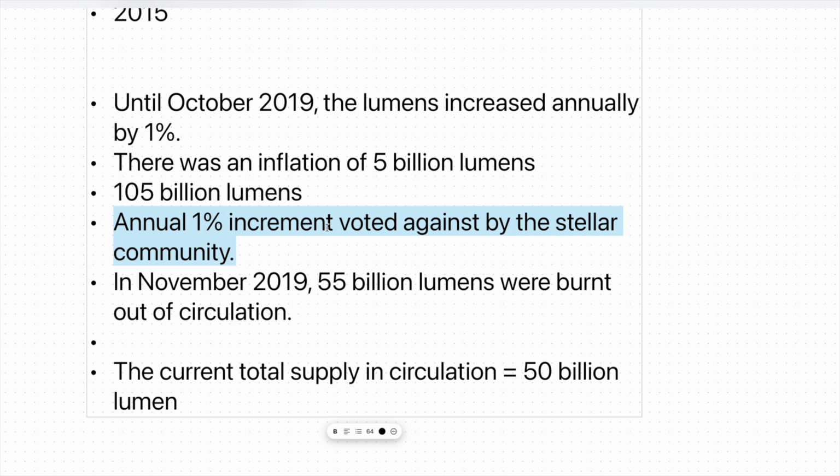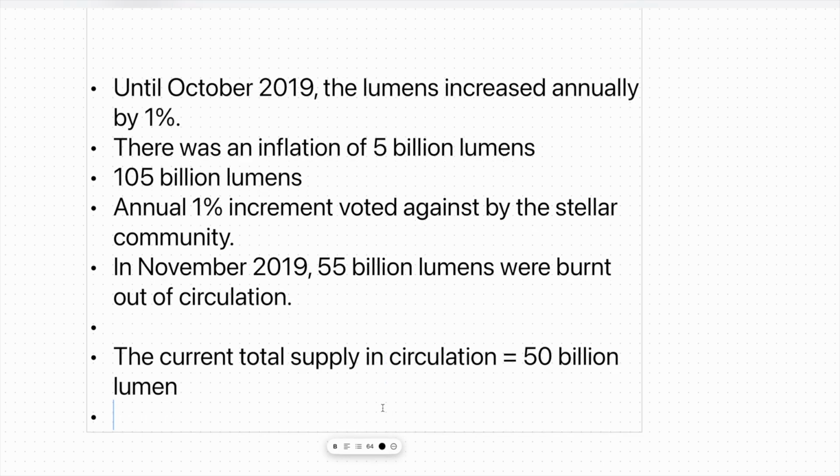The 1% increment was voted against by the Stellar community. And in 2019, precisely, 55 billion lumens were burnt out of circulation, leaving just 50 billion lumens in circulation. Now, of the 50 billion lumens, 20 billion is what is available to use, and 30 billion of the 50 billion is used by the SDF for advancement of the protocol and for other uses for the network,